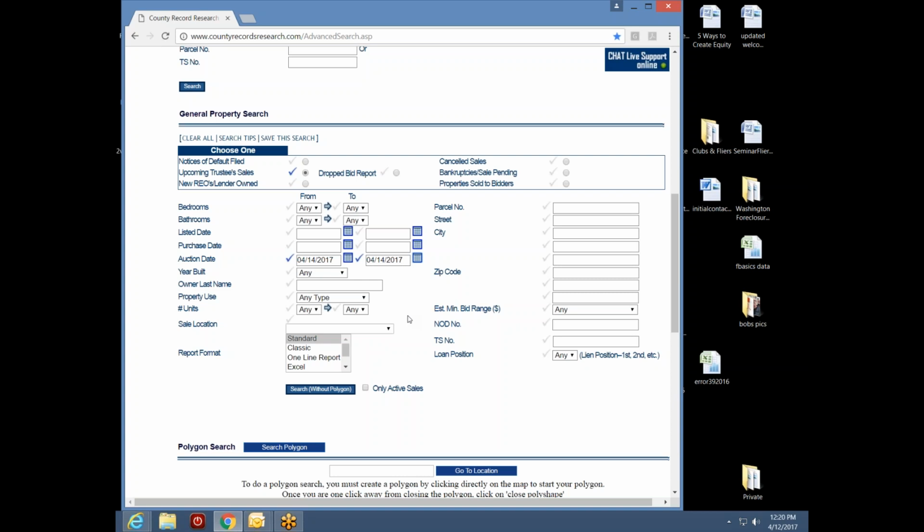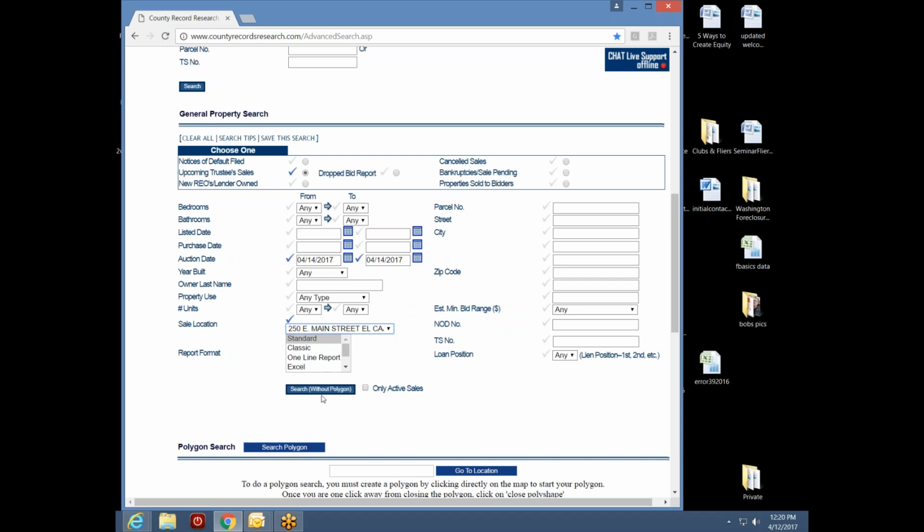Now let us also say that I want to bid at one auction location, and I want to look for deals that are going to sale on Friday only at that location. So notice below the dates by about 2 inches here, I've got a box that says sale location, and I'm going to select the El Cajon auction location. Those of you that joined Kurt at the field trip presentation will remember this location. The reason I'm picking this location is that way I know if I'm making plans to get my cashier's checks together and go to the auction on Friday, that I have the location in mind, the date in mind, and then I'm going to see what properties are set to go to auction on that day.